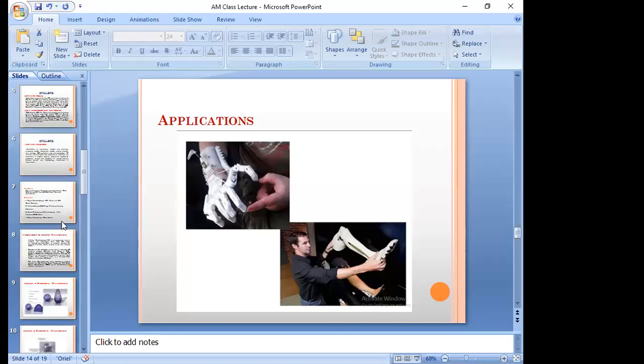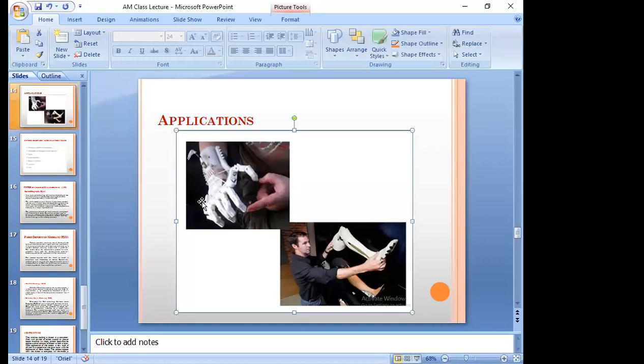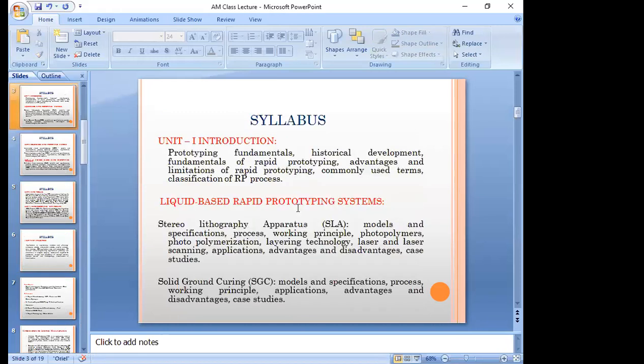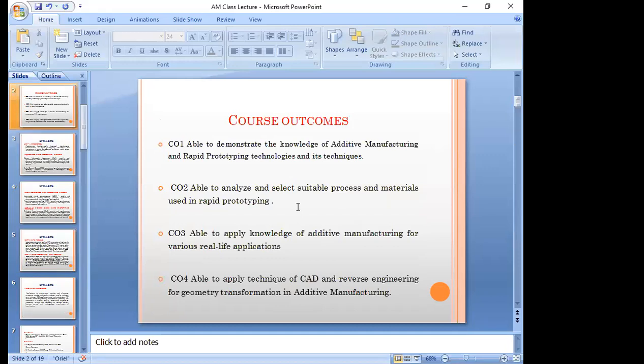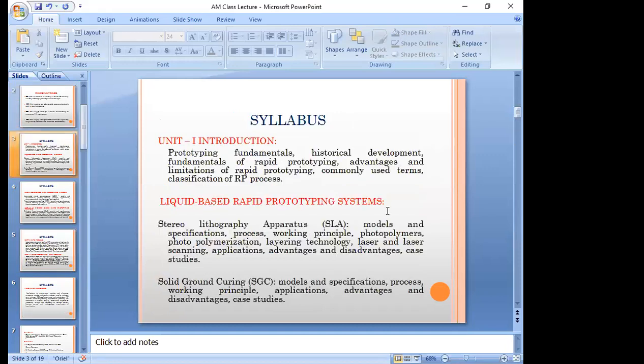When I go back again to the syllabus, we have the introduction and fundamentals of rapid prototyping. Till now I have shown the applications.